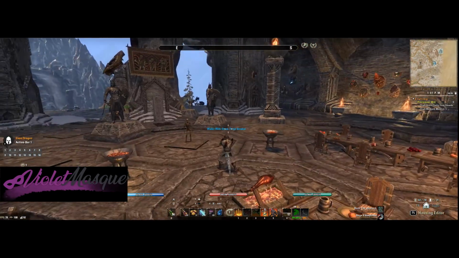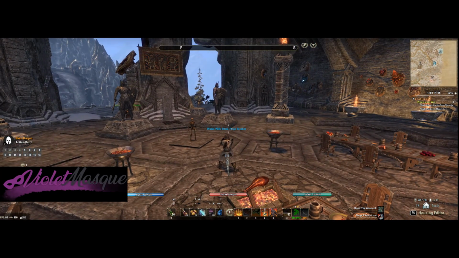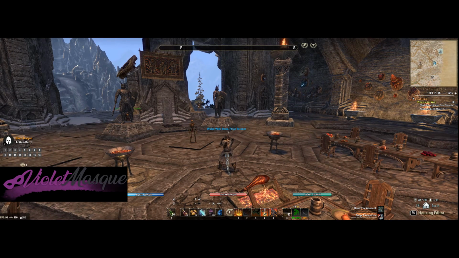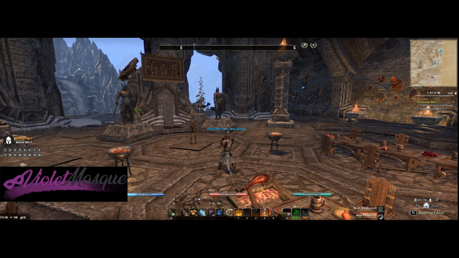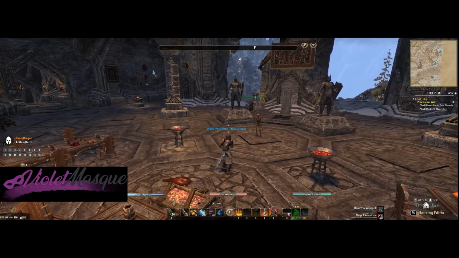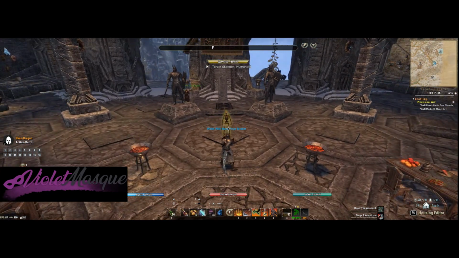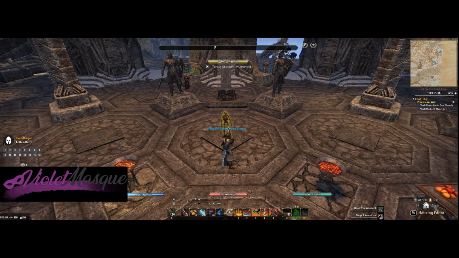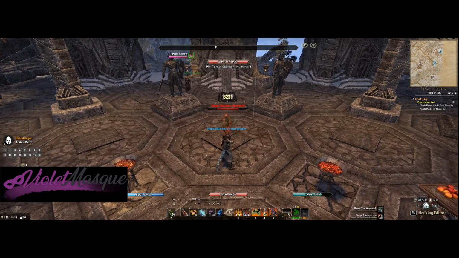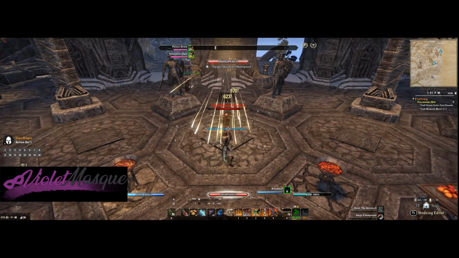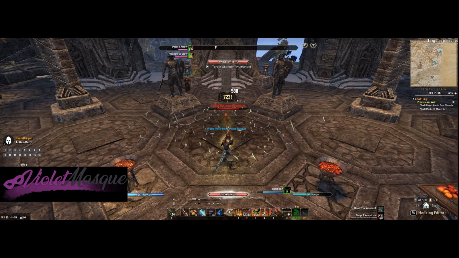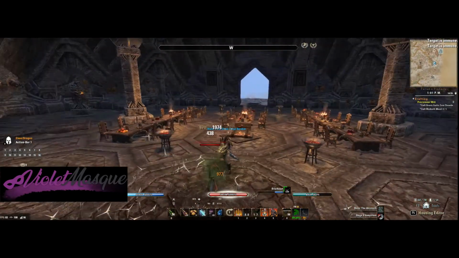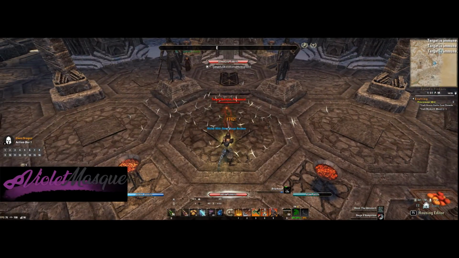But light attack weaving, sorry, my throat is dying. Okay, so light attack weaving is something that players will do in between abilities. So if you see here, I will light attack, cast my Endless Hail, light attack Caltrops, light attack Venom Claw, light attack Caltrops. And so it's something that DPS players do to boost their damage, because this game has something